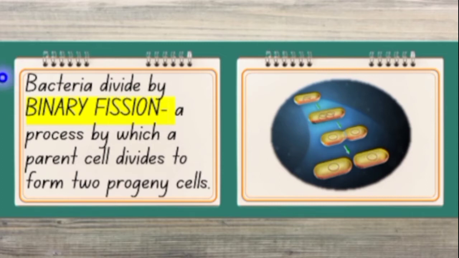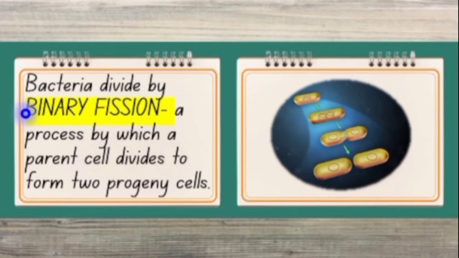Okay, but of course, the number of cells produced per single cell is the same as with mitosis. The only difference is that the process in bacteria is not called mitosis, but binary fission, wherein